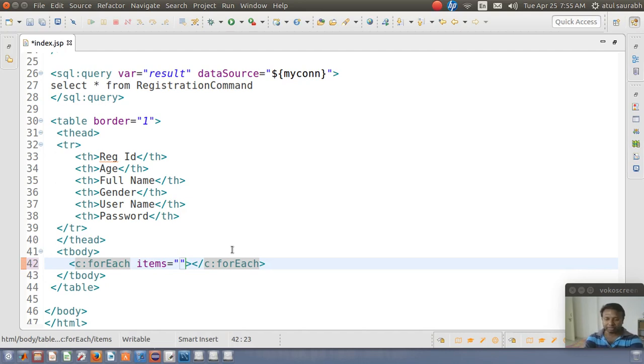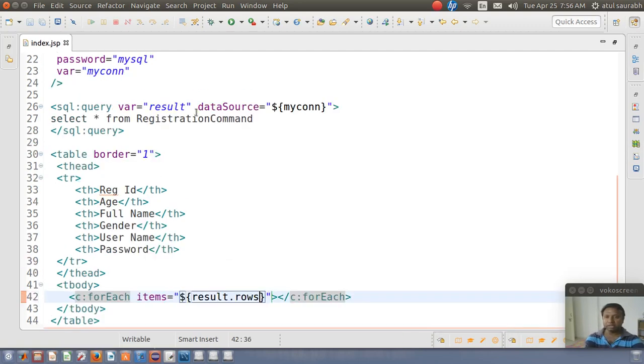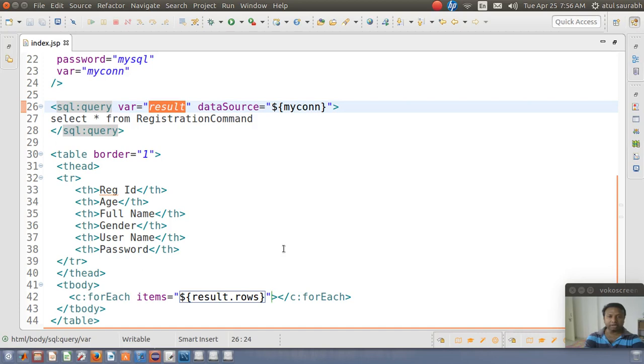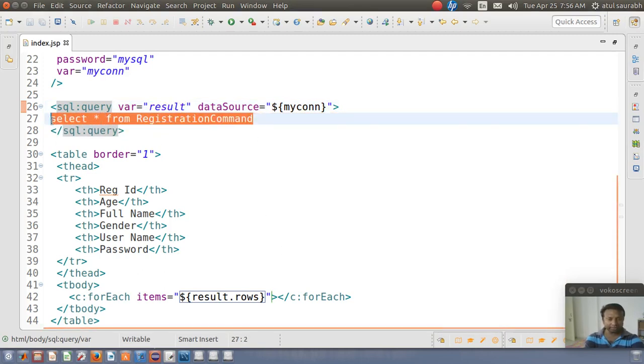So the item is nothing but dollar result dot rows. So this result set is what? Nothing but a collection of rows that is coming from the database for this query, right?